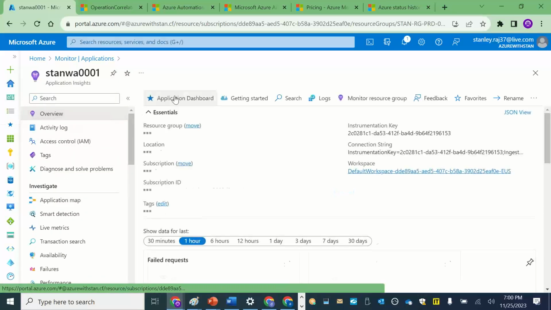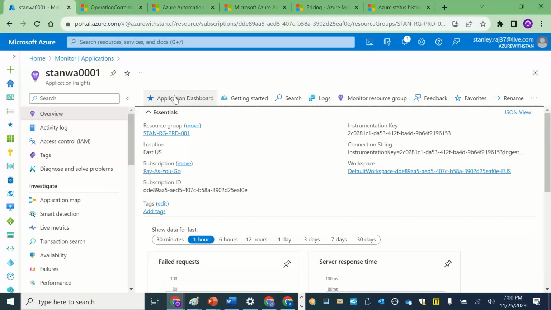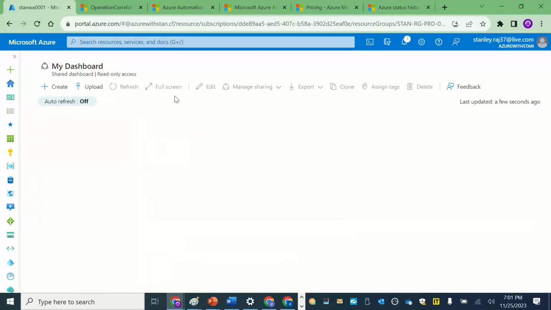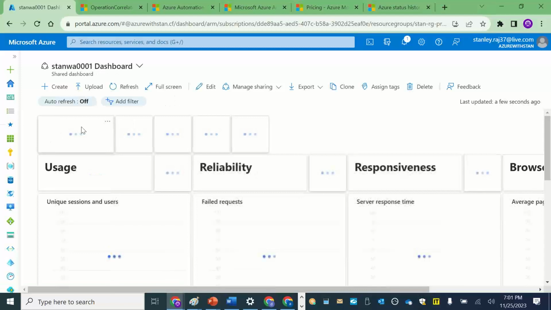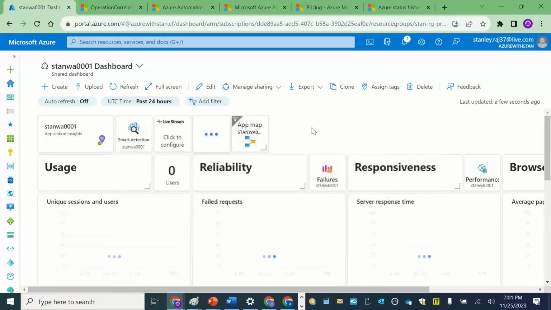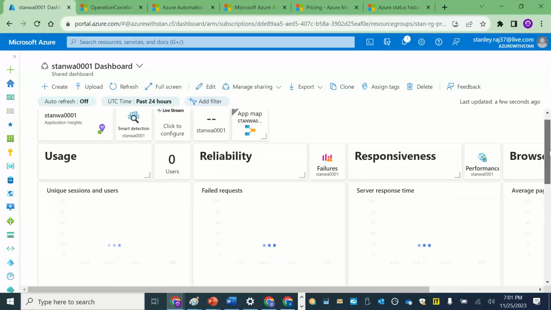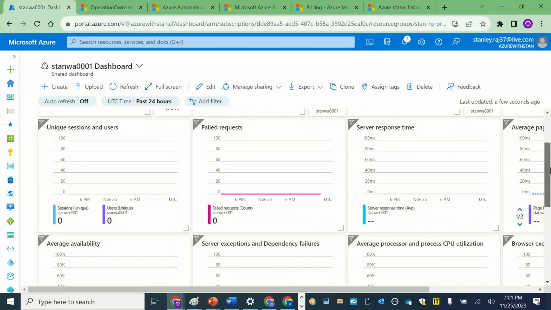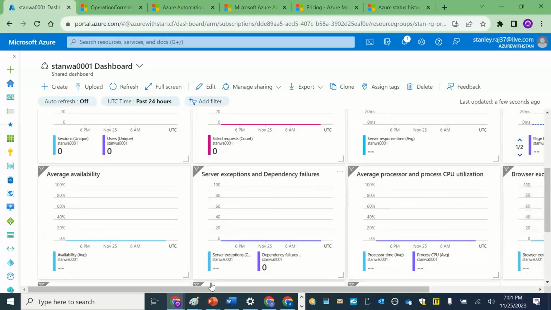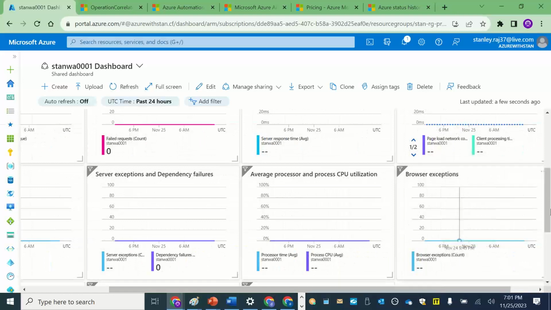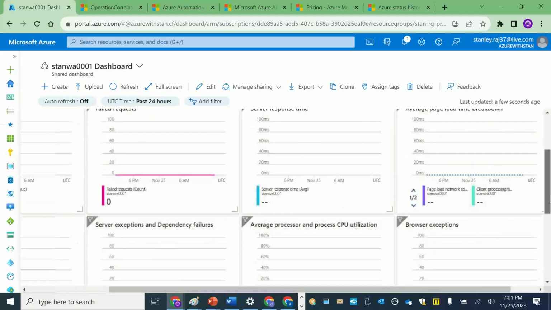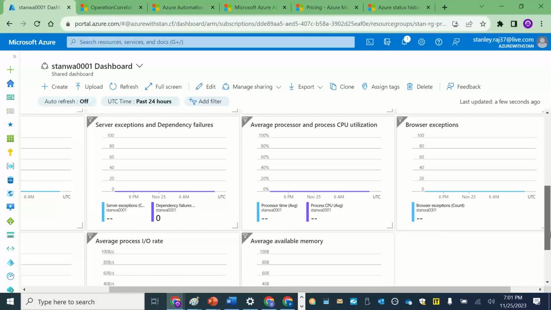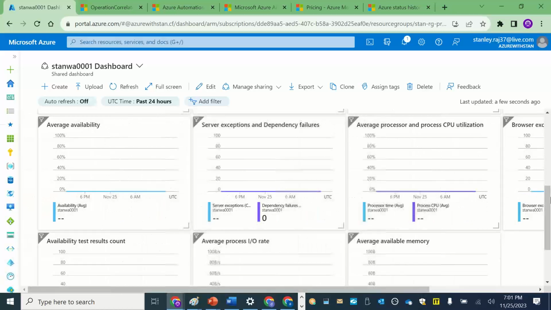Go to overview and click on this application dashboard. It will automatically create a dashboard view for your application, and it will have all the aspects of what a customer will expect: how many users are connecting, how many failures are happening, what kind of response time it takes, what is the server response time, what is the average time it takes for the web page to load. All that information will start becoming available in maybe 15 to 20 minutes, but then after some time, once multiple connections are established, you will be able to see all the important elements that you need to show to your